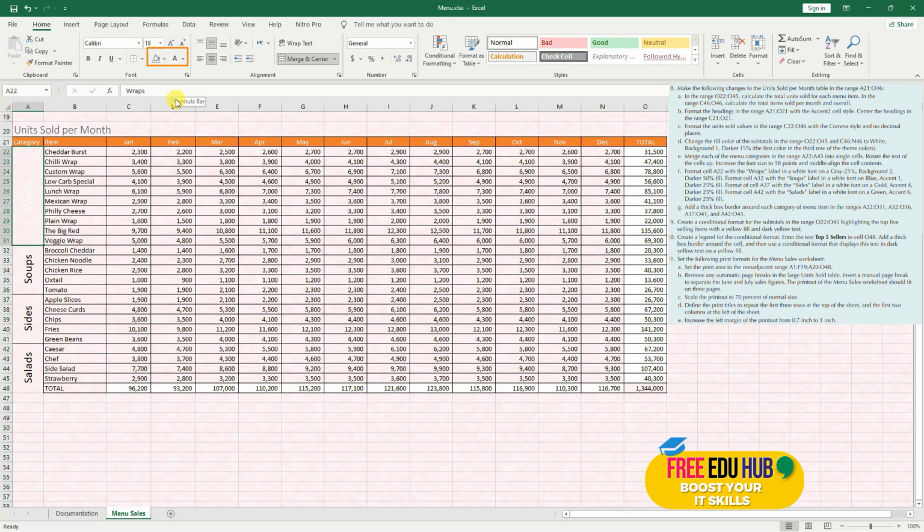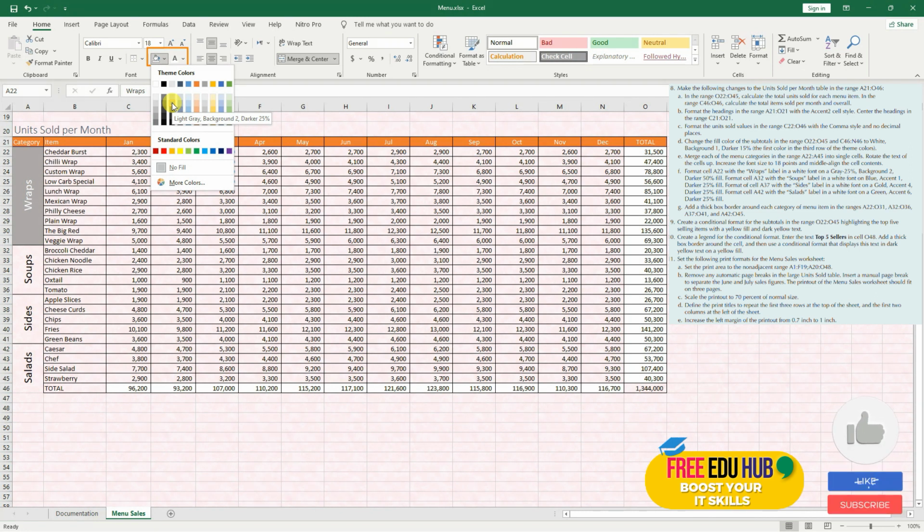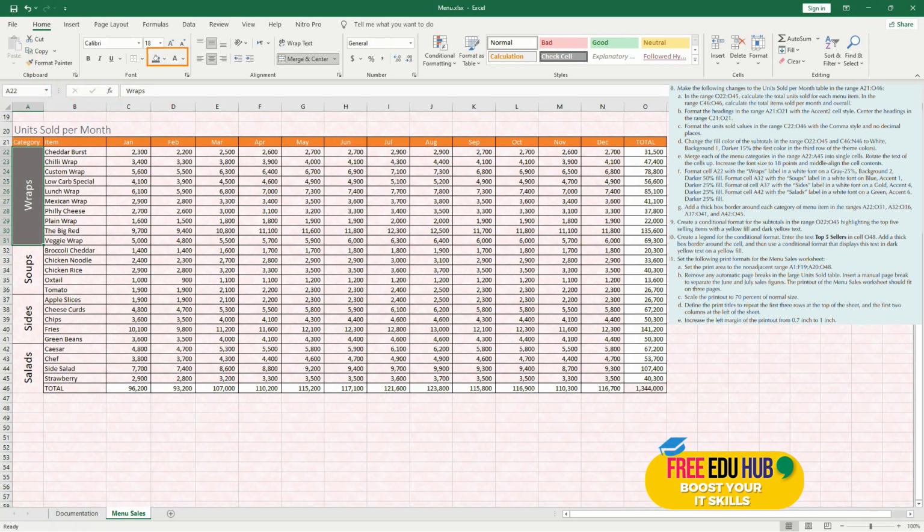So in order to check that, if you'll stop it over here for a while, you can see it's shown light gray, background to darker 25%, but since we want to have 50%, we'll select this one. Likewise, we'll select for soup. It's saying change its cell color to white as well, and select it from here for the soup to blue